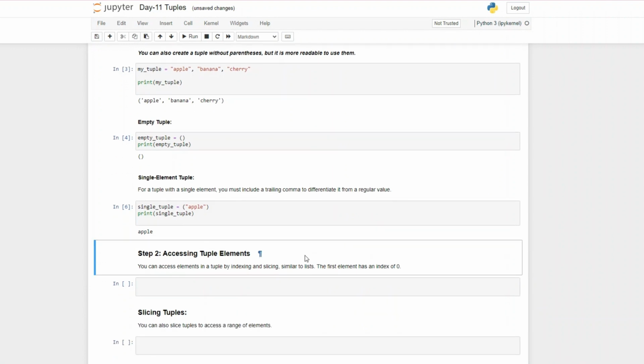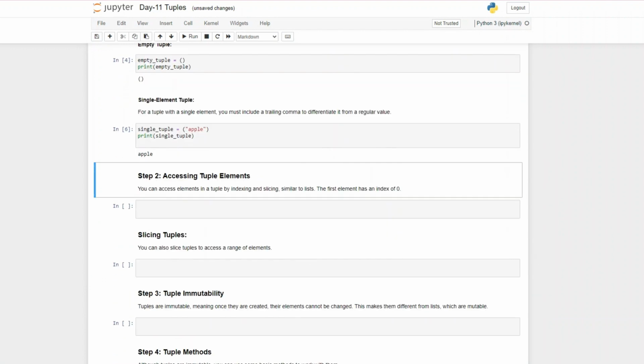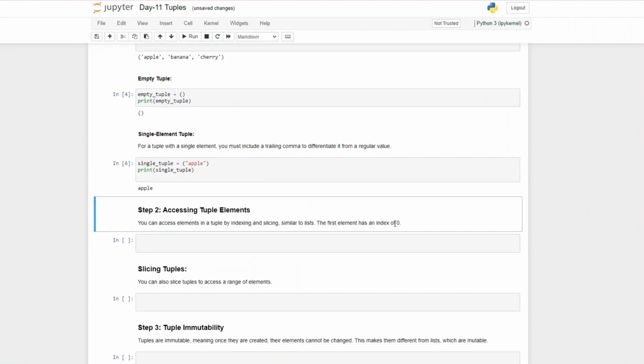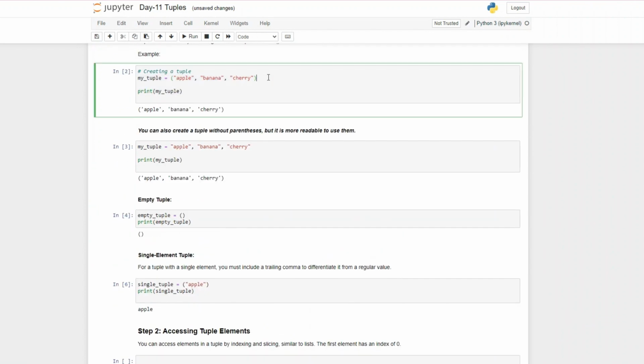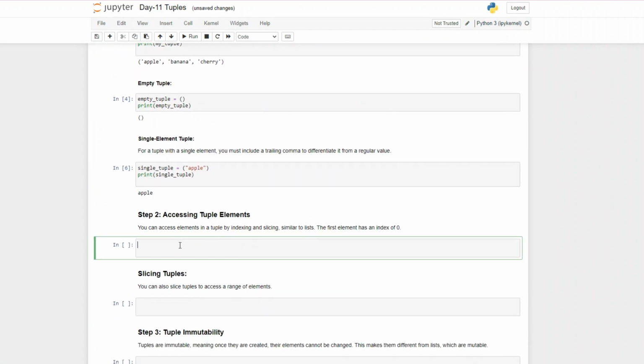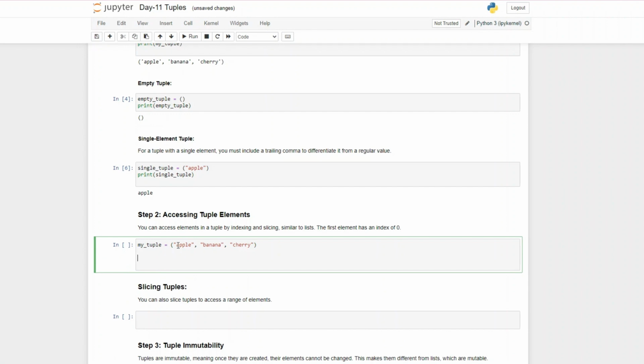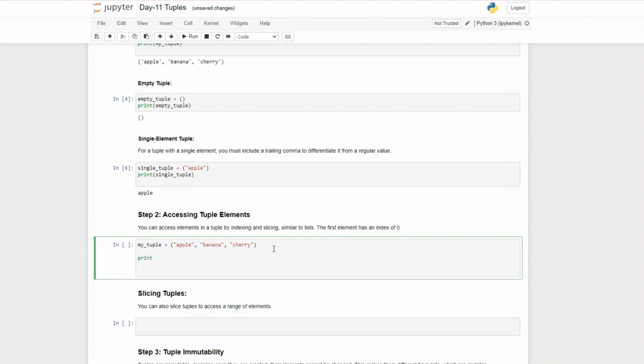Then let's access the elements that are in our tuple. Still using the same tuple that we created. I'm going to say tuple like 100 times. So if you want to access the first element in the tuple, you use an index. So this is index 0, index 1, and index 2. If I want to access the first element, this is how I would do it. I would say print my tuple,